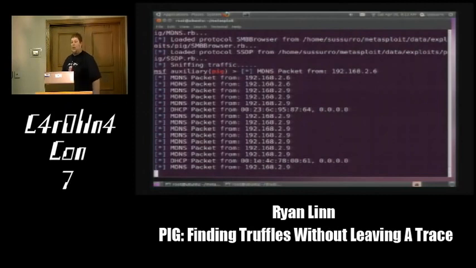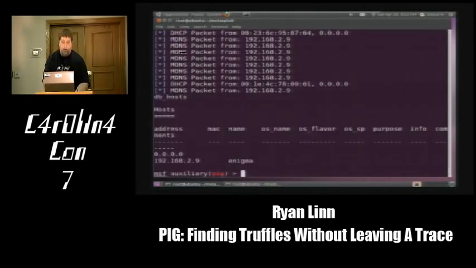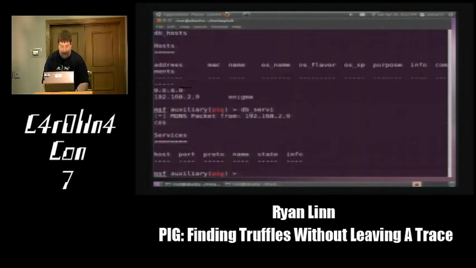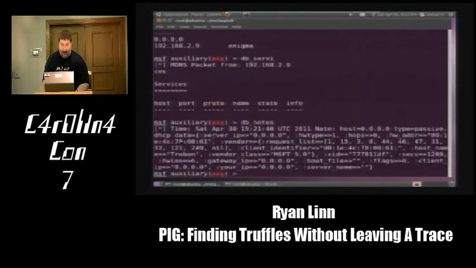So we can see DHCP requests coming in, MDNS, and if you wait for another couple minutes, you'll see other types of broadcasts come through. We can see from the information that we've gathered so far, and this is actually running in the background, that we have a host called Enigma that's connected. And we have some information from DHCP about one of the hosts that requested an IP address. So we're parsing all of this stuff in real time.